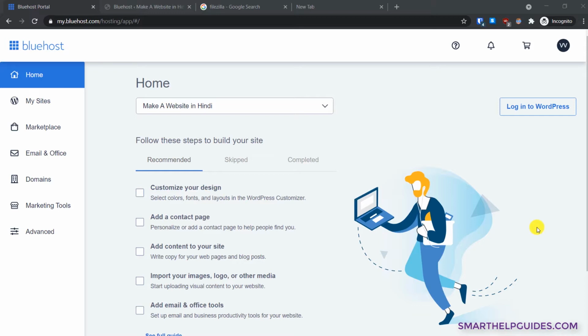Today I'm going to show you how to upload files, download files and change file permissions. You can also create new files and compress them and download them. So let's learn how to do it. I will show you two methods. First is using the cPanel file manager, and if your Bluehost plan does not offer cPanel, then you can use the second method. For the first method, just log into the Bluehost portal here and then go to advanced.